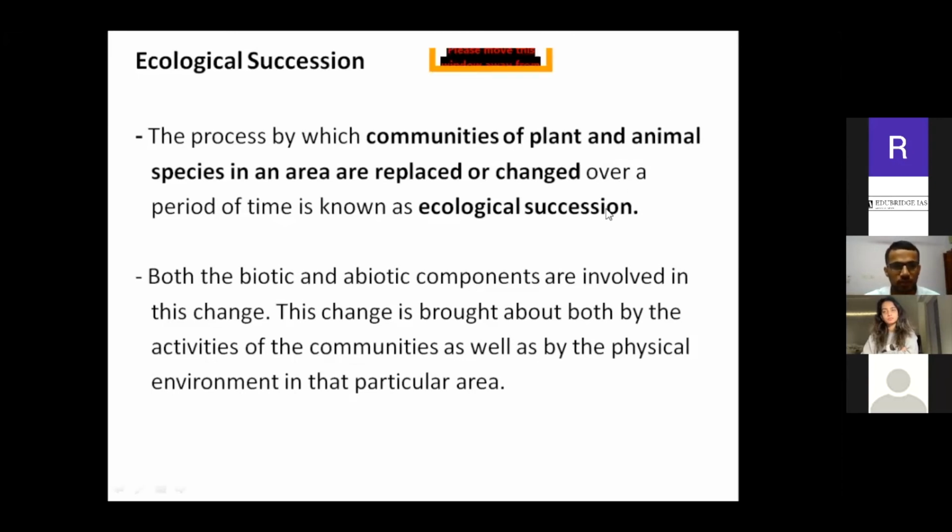So there is a question, sir, how is the abiotic component involved? Abiotic component, suppose climate. We have discussed climate as an abiotic component. So suppose the climate is not suitable for a particular species, then obviously it will go extinct after certain generations, right? And eventually it will be replaced by certain other species. Right? That's why abiotic components are also important, they are also playing their role in ecological succession. Right? Next.